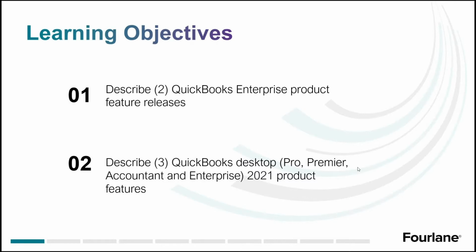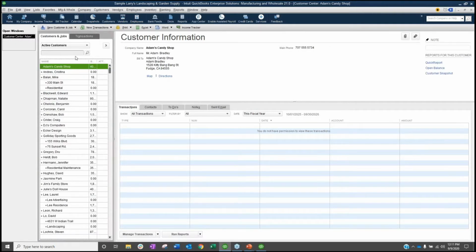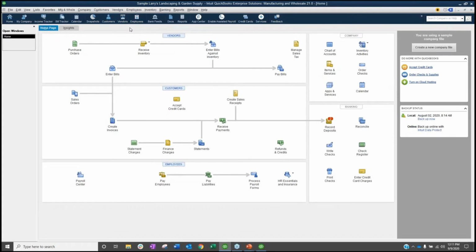Okay, let's go ahead and move along into our first feature. So you guys can follow along in the slide deck. As I mentioned before, I'm actually going to do most of this webinar in product because to me, it is so important to see it. So I'm logged into QuickBooks. Hopefully you guys will be able to see my screen here.